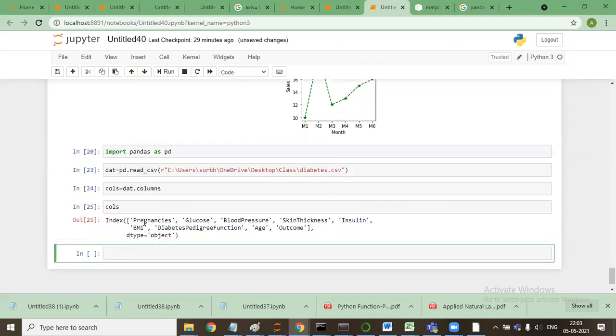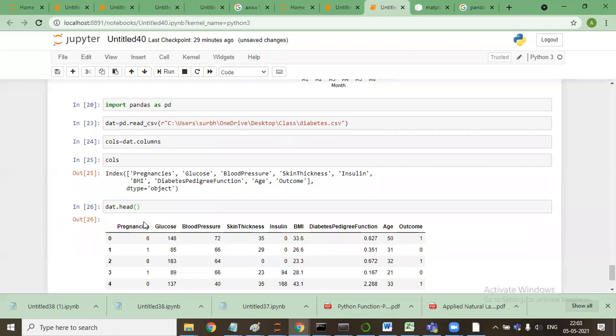So these are the columns, the different columns that we have for this data. So I'll say dat1 is equal to dat dot head. So it has various columns here.